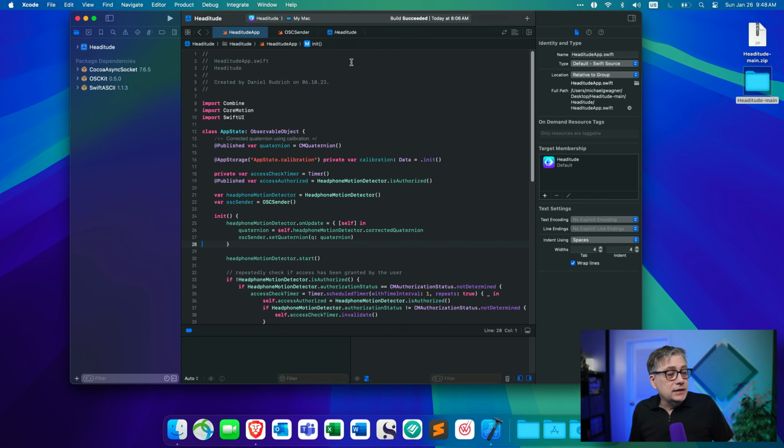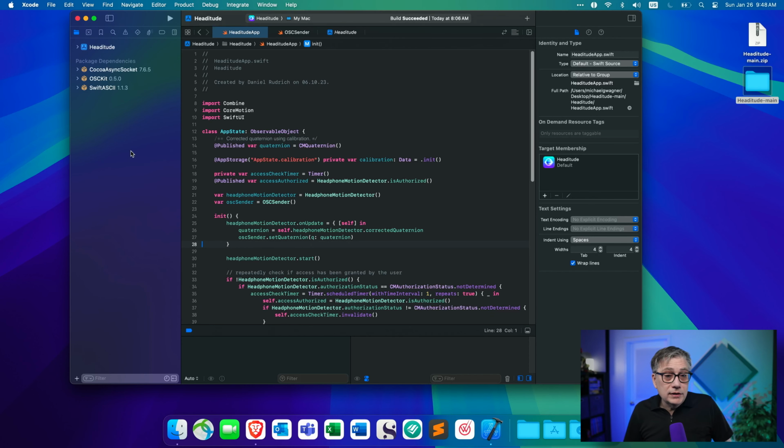Now, one other thing is that when you open that for the first time, it will actually come up with a couple of warnings. These warnings are not really critical. You can leave them alone so that you will actually see them here on the left side. Or you can follow the suggestions that Xcode gives you and make the changes that Xcode asks you to do. And then essentially you will be able to open that without any warnings. But once again, these warnings are not critical. If you're uncomfortable making any changes to the code, just leave them alone and it will work just fine.